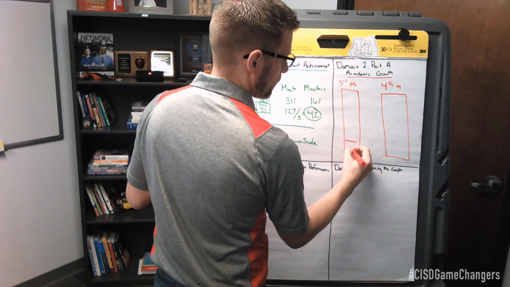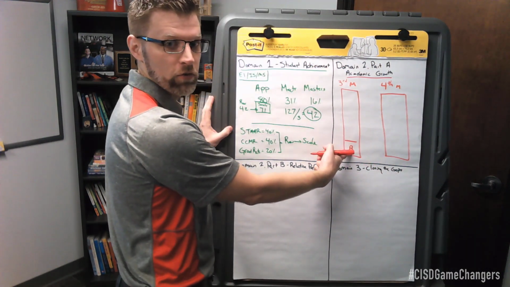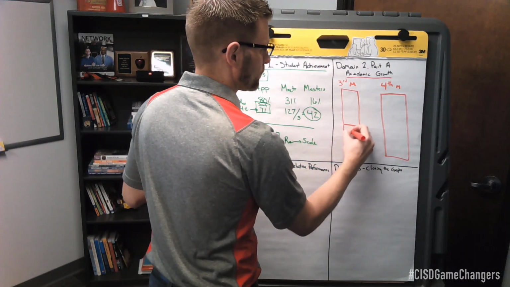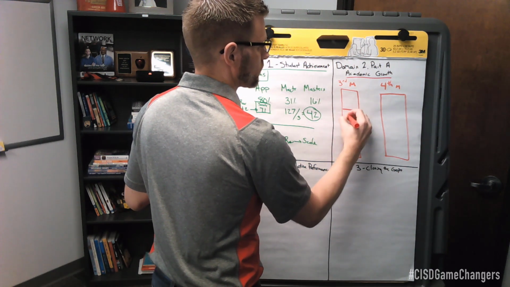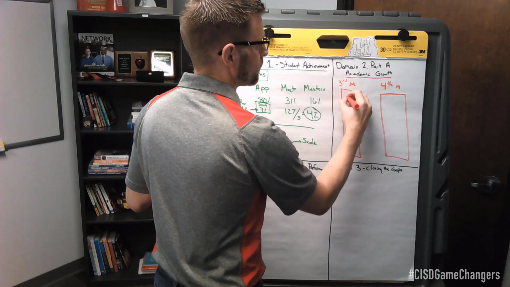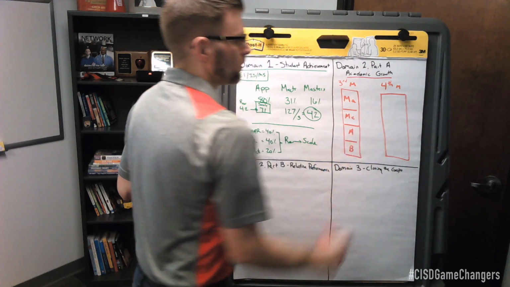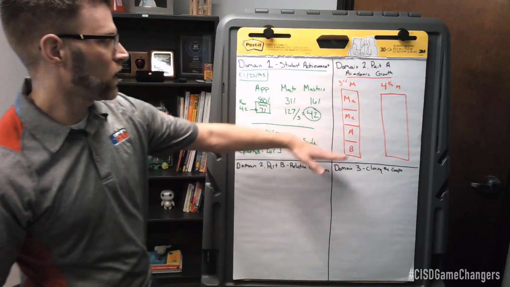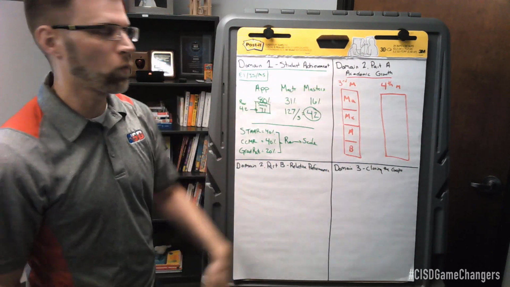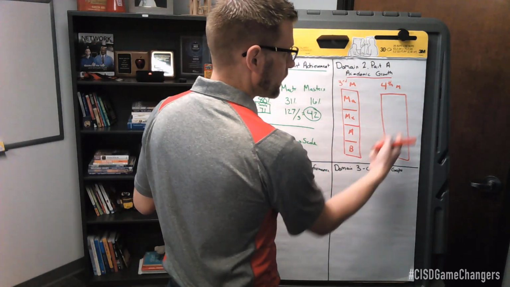And you have your below, so these are the students who didn't meet the passing standard. You have approaches, you have your meets group, and you have your masters group. So you're going to have students in each of these groups for 3rd grade math. Then in 4th grade,